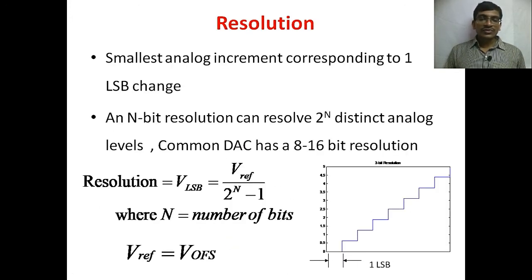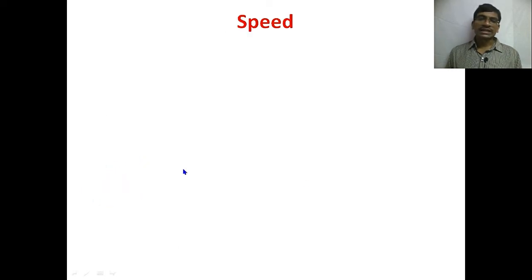So the resolution is a very important parameter. Based on this only, we can calculate the analog output voltage. In examinations, they may give you the resolution value, or else the reference voltage and the n value will be given, and we have to find out the resolution value, and then find the output voltage based on that.